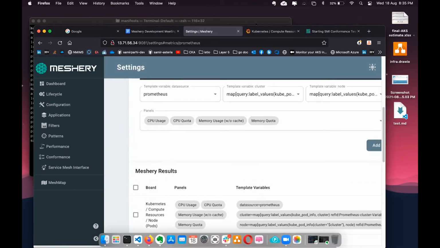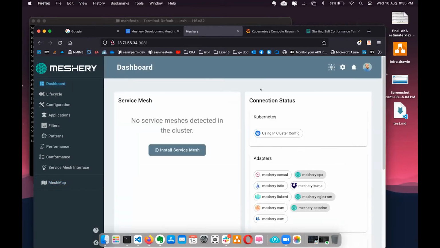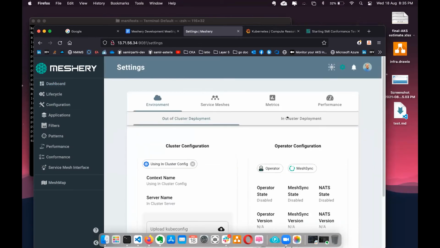Yes. So that is all high level. I'll just message in Slack. This is great. Yeah, please do. These need to be focused on. And it's really powerful. One thing is this map which I see here, is it the MeshMap? No, it's just a refinement of the Prometheus query.